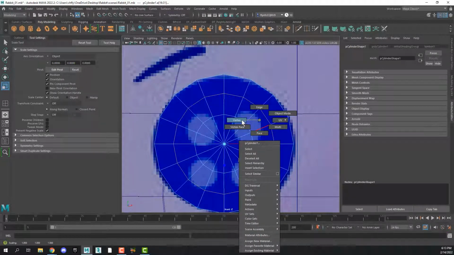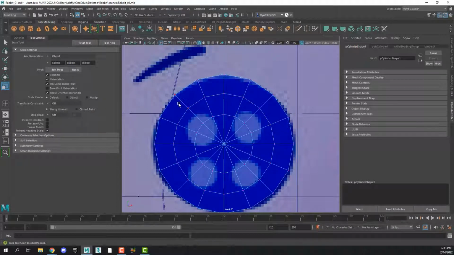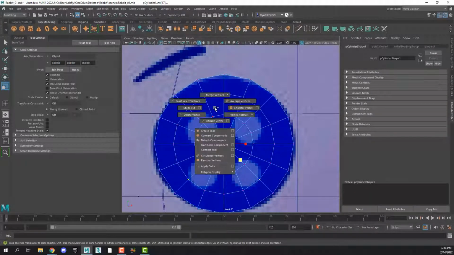Then we're going to switch to vertex mode, and we're going to grab that vertex and make sure symmetry is turned off for this. Hold down shift and grab that one, and then we're going to skip 3, grab the next one, skip 3, and grab the next one. That's why we put the 16 segments around here, so we could have these evenly spaced with 3 vertices between each selection. And then we're going to hold down